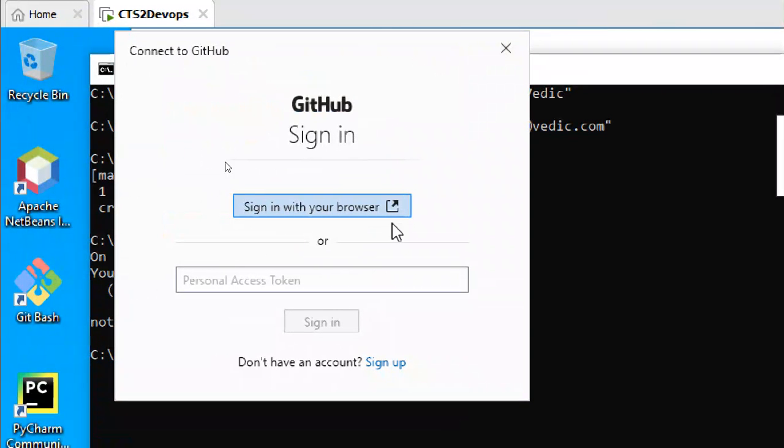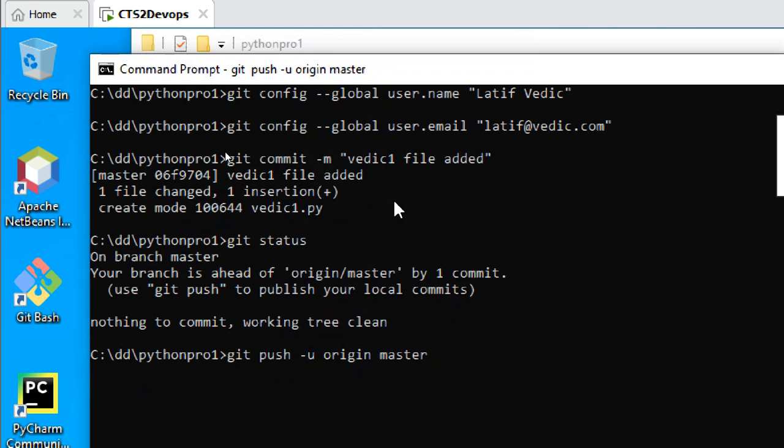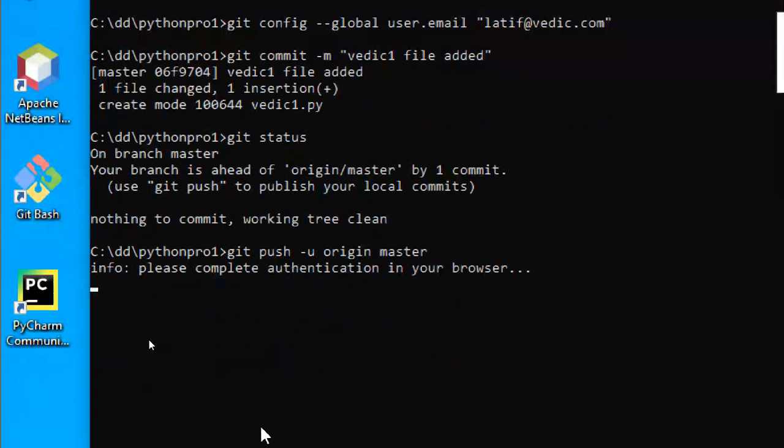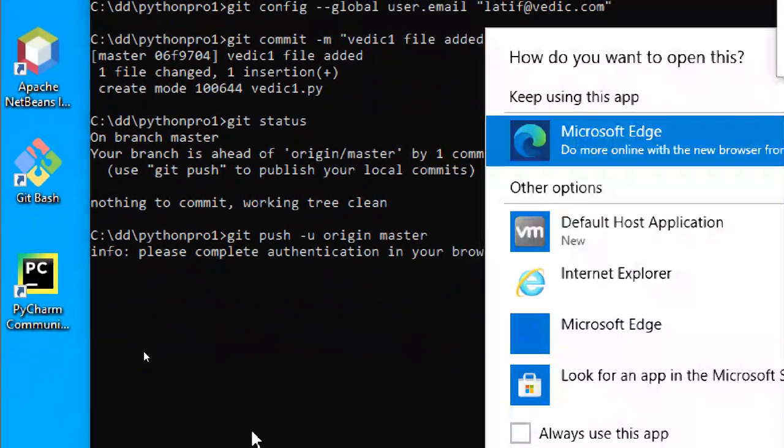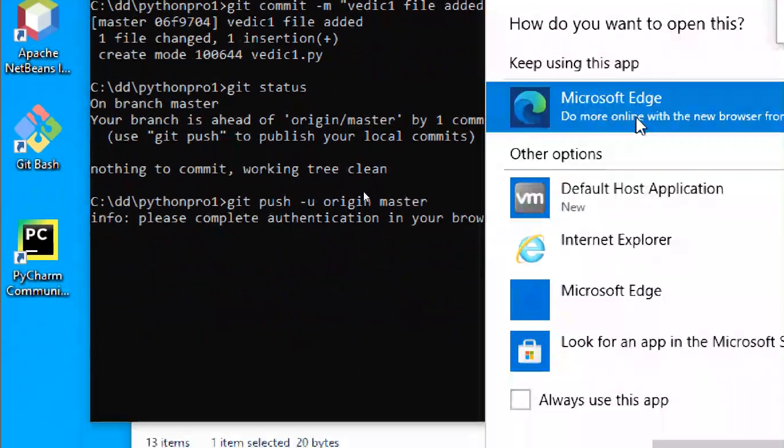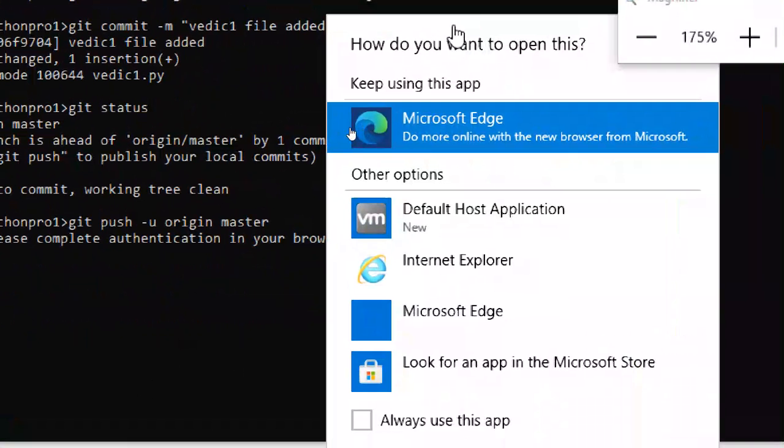You must sign in with your browser, sign up, personal access token. It is completing authentication in the browser.